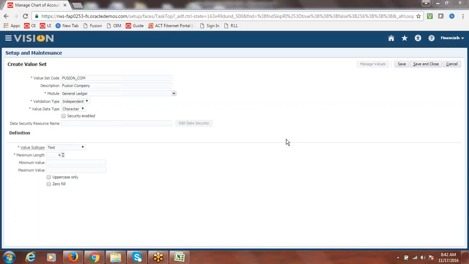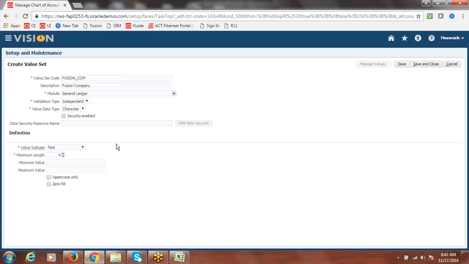Satya, that's what I explained. Why the module is mandatory, what is the logic, I explained the same. In EBS, when you are creating the value set, it is created as a part of the chart of accounts. When you are creating chart of accounts or segments, you are within the accounting key flexfield. Accounting key flexfield is part of GL. When you are creating the value set within the chart of account definition as part of the chart of account task, the system will identify which application the value set belongs to. But here you are not creating inside the chart of accounts. Outside of the chart of accounts, the system has to understand, so that it will provision the value set for the respective module only to use when you are doing the relevant configuration and selection.